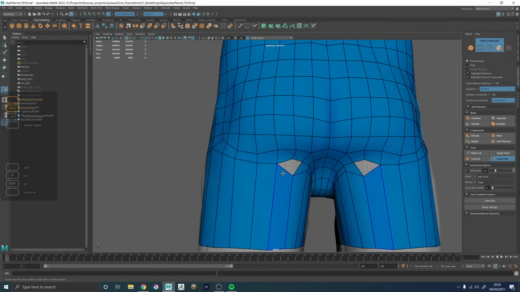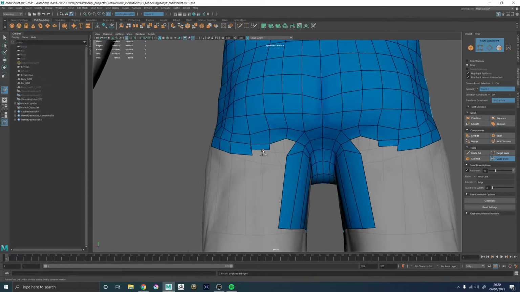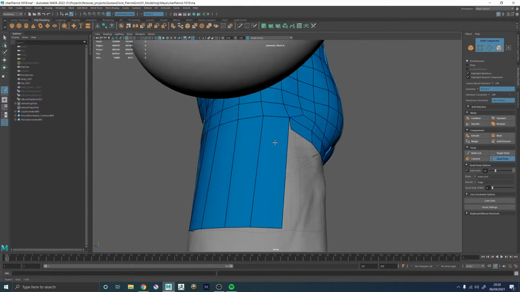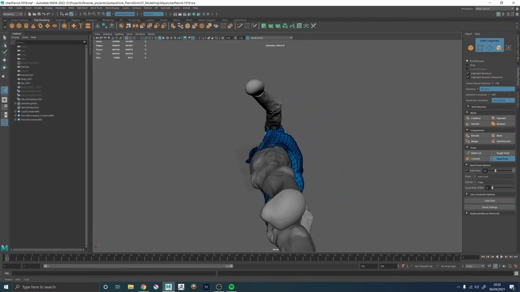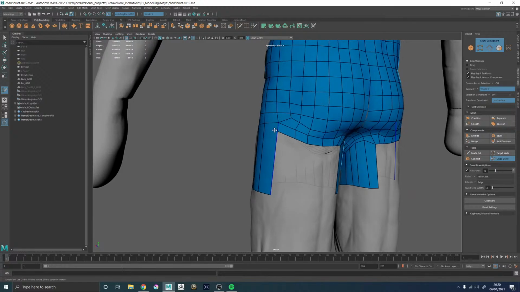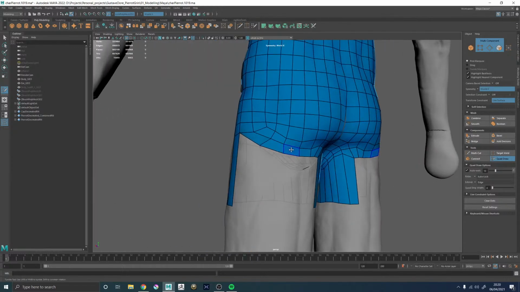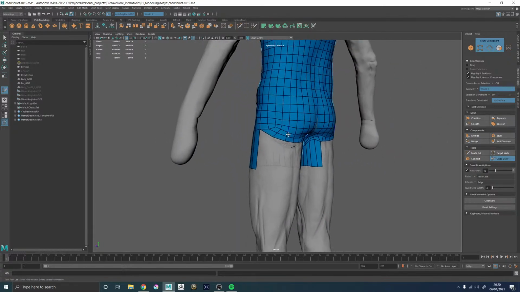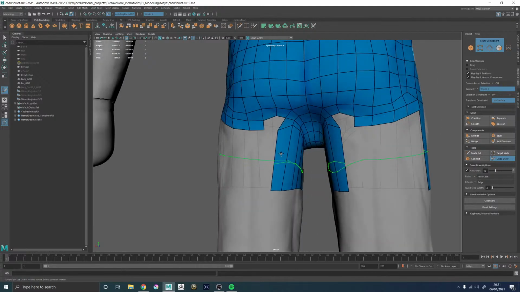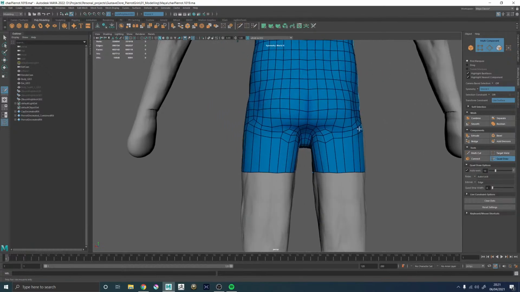Maybe I need to continue this round for a little bit. Why would I want that? Don't want to add more loops to the arm. Why are you not connecting? Terminating too many loops there now. I don't want to settle for this. I mean, it plays nicer once I add the